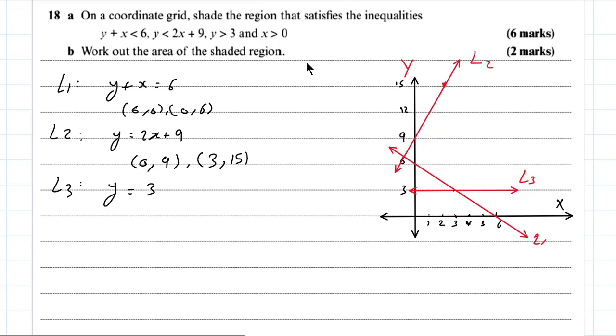The required area is below the first line, below this line here, in this part, and then y is less than the second line in this area, and y more than 3 in this area, and finally x is positive means this area. So L2 here is maybe not useful, right? This is the region here, this is our region, but take care that